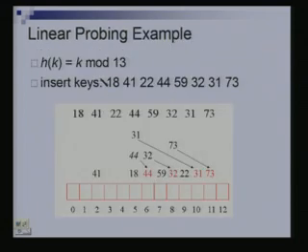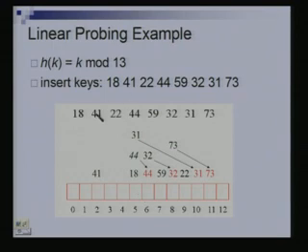So let me show you an example first, and then it will be clear what we are trying to do. My hash function is k mod 13, very simple. My keys k are integers. I am trying to insert these keys into the table. 13 is the size of my table, location 0 to 12. 18, what is 18 mod 13? 5. So 18 goes to location 5. No problem. At that point the table was empty.